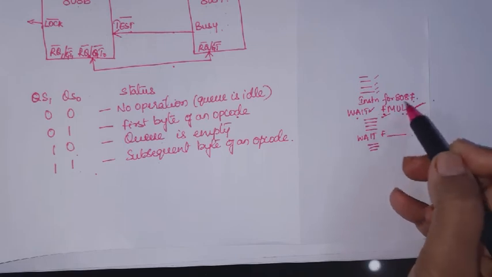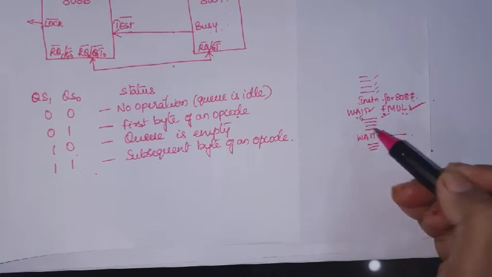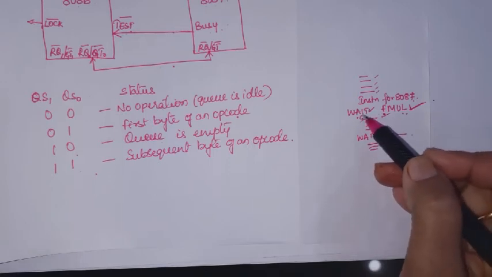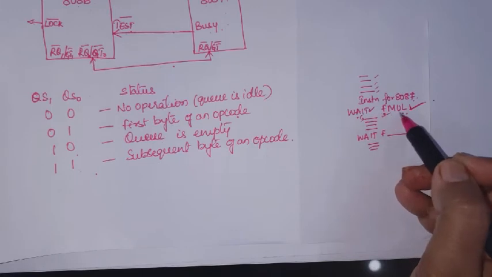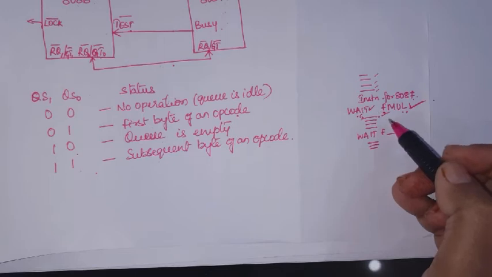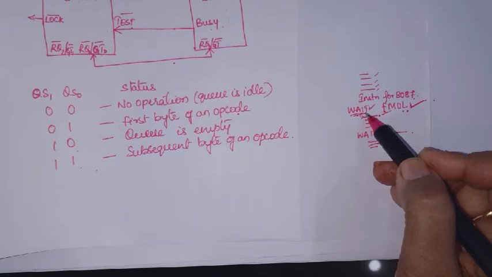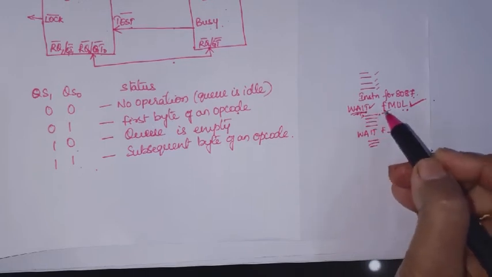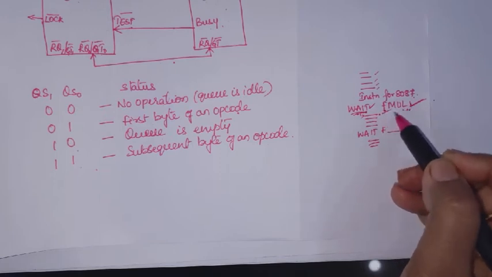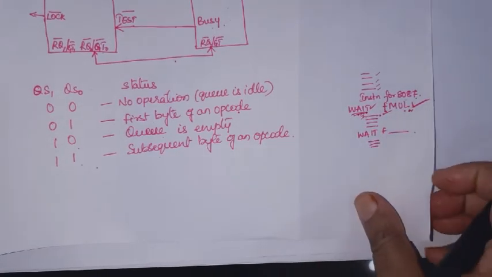When it is executing this instruction, the processor should not go on to execute the next instruction. Both the processors can work together. But let us suppose the result of this instruction is required in the next instruction, then it has to wait for that. Then you will precede the instruction with the WAIT instruction. So the processor has to wait until the coprocessor finishes the execution of this particular instruction. That is where the WAIT instruction is used.